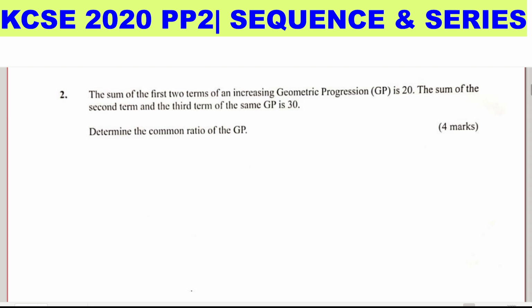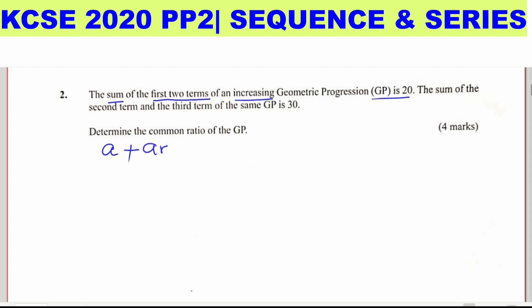So you're given that the sum of the first two terms of an increasing GP is 20. Let us write the first two terms of the geometric progression. We denote the first term with the letter A, so that is the first term. Since we're getting the sum of the first two terms, the first term of this GP is A, and the second term will be given by AR, where R